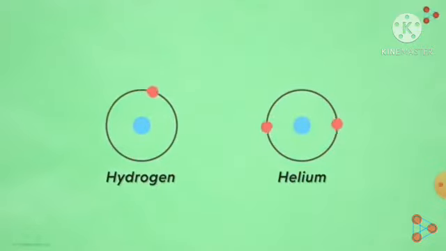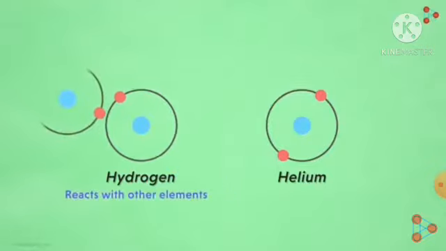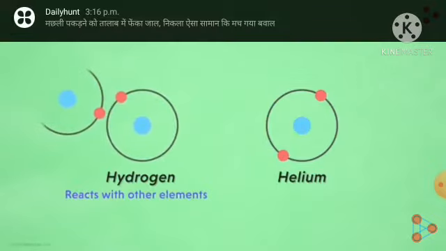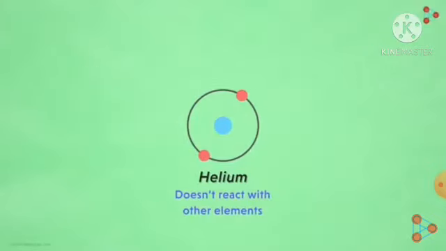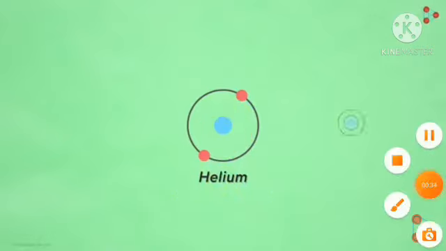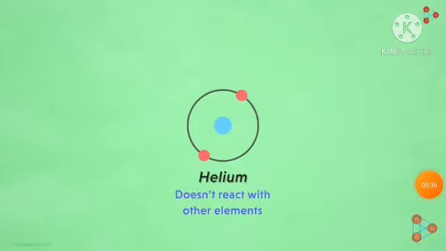Hydrogen and helium. Apart from the difference in the number of electrons and their structure, can you tell me another difference between these two? Yes, the most important difference lies in the fact that hydrogen is capable of reacting with several other elements, while helium never really does. Helium is a quiet, unreactive element that does not participate in reactions. But have you ever wondered why?